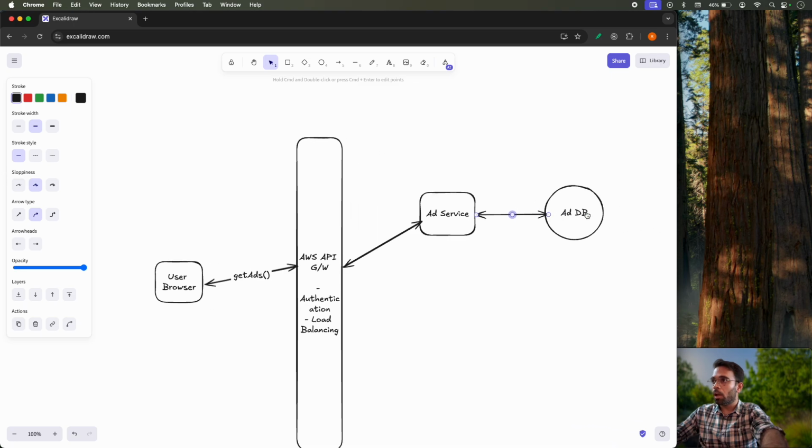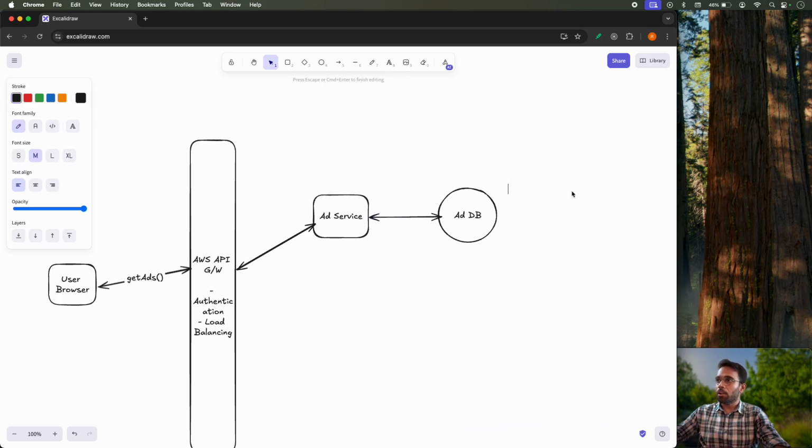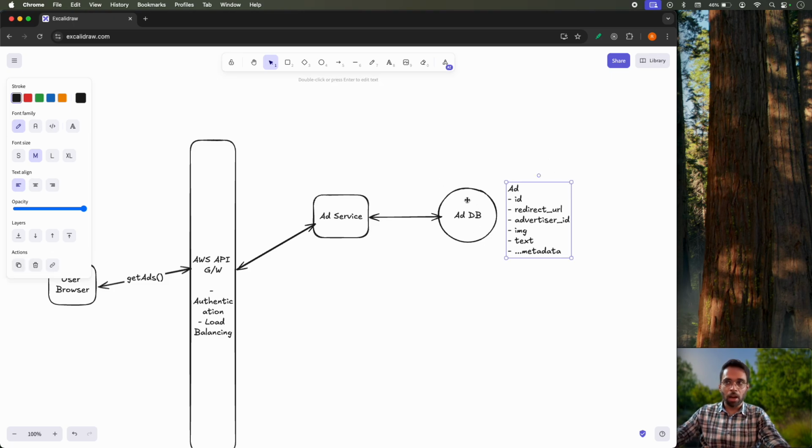So the ad DB will have, let's say, an ad table which will have ID, redirect URL, advertiser ID, image (what to show), text (what should be displayed), and then other metadata. This ad DB has all the information about all the different ads we want to have,